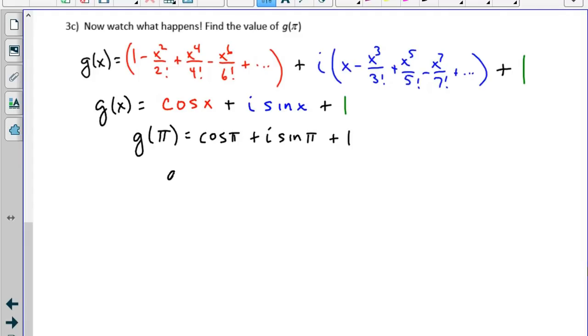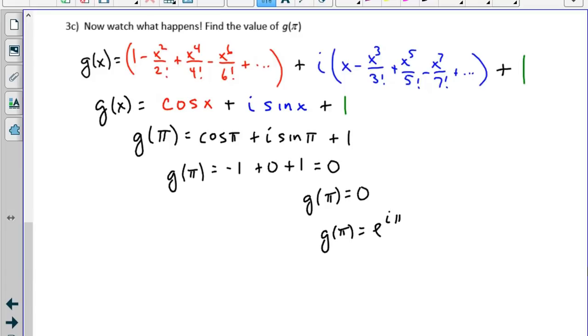Cosine of pi is -1. i times sine of pi is i times 0, so that's 0. And then plus 1. So g of pi is actually 0. That means since g of pi was e to the i pi plus 1, we know that e to the i pi plus 1 is 0, which is actually one of the more fundamental, crazy, intense things in math,